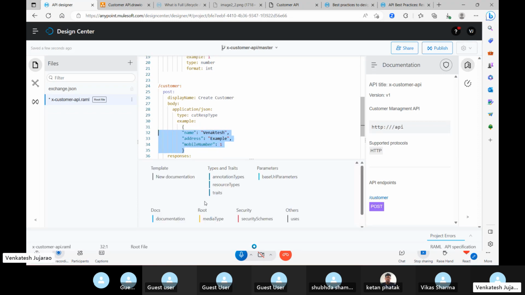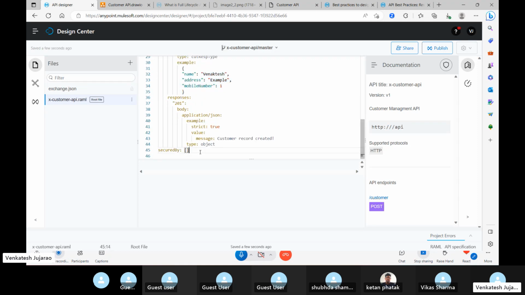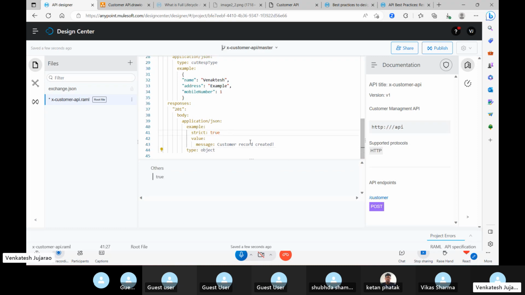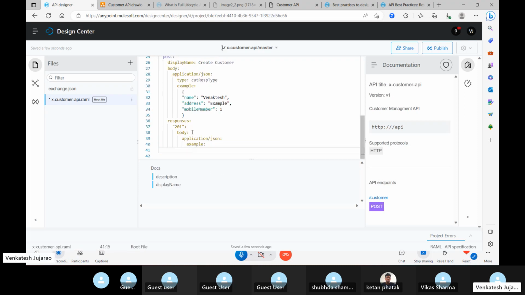Now I have a type as well as an example here. The secure is not needed at this moment, I'll delete it. This true is okay. And here I'll remove this for simplicity and I'll add